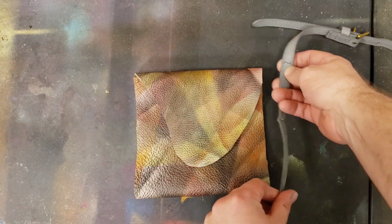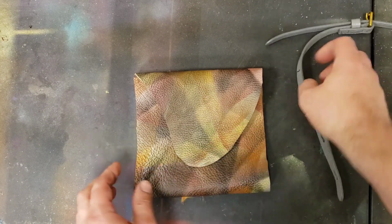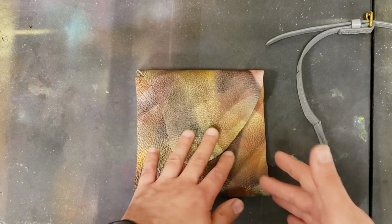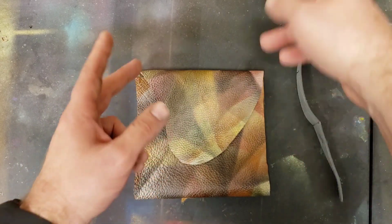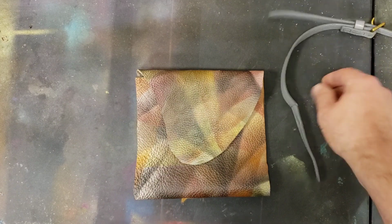So as far as the strap goes, I figured this guy could work, but it's a little bit thick and overpowering for what essentially is going to be a cute little small flat handbag. So I'm going to go with the real thing and just make some little spaghetti strap that's less formidable than this guy. So we'll do it from scratch, which is good for people who don't have an extra